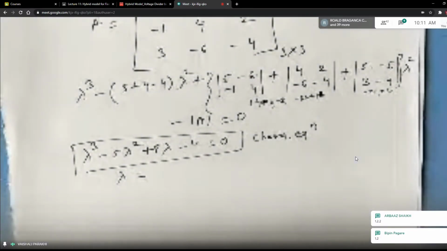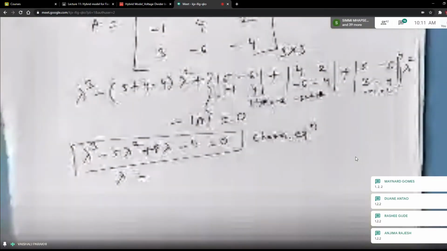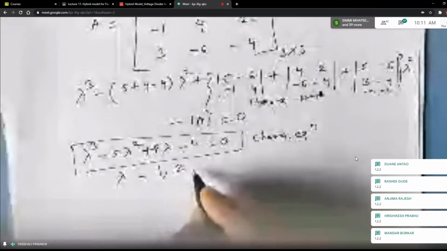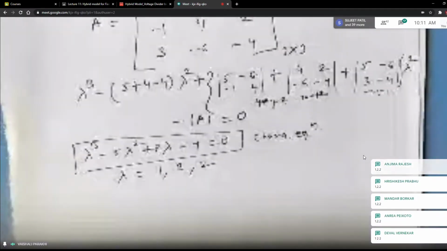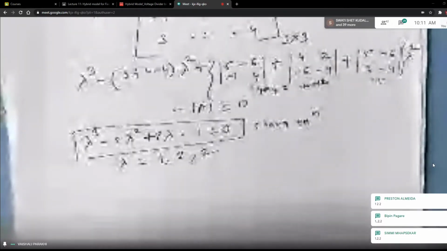Between only 1 to how? There should be 3 roots, no? So even though the calculator is showing 1 and 2, the second root is repeated. If you are writing 2 roots, it means you are solving a quadratic equation, right? So when you are solving the cubic equation, how many roots do you get? 3 roots, no?